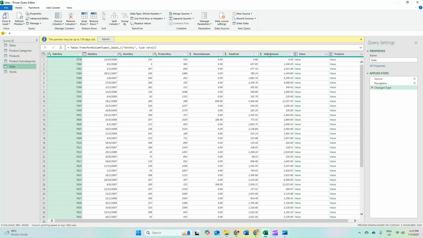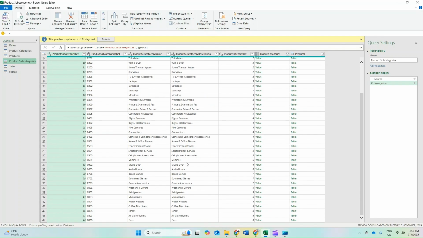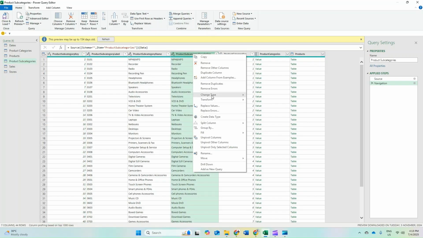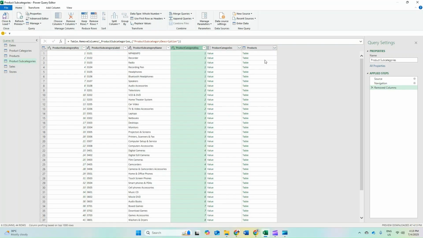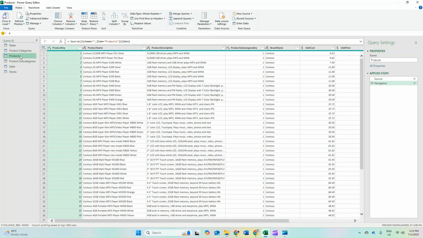Okay, sales amount here. Okay, this is in dollars. Store key here, or you can change the store key to number. So categorical is the same as this one. Okay, product category and sub description. Okay, if it's similar, then maybe you can remove. Remove here, unnecessary column. Remove. Okay. Products.